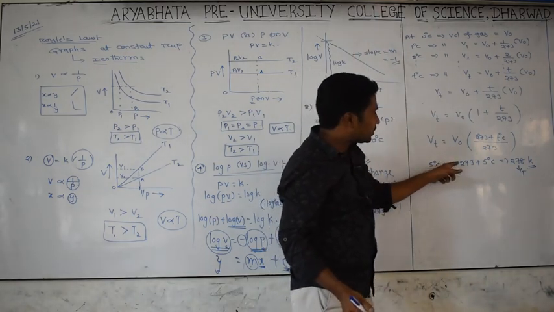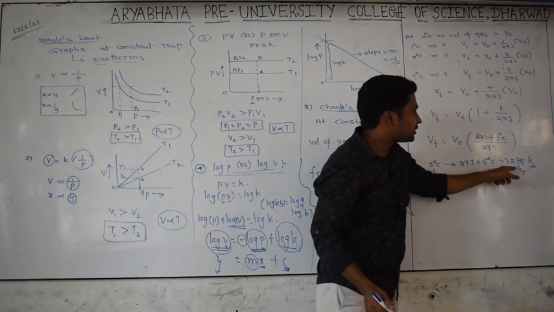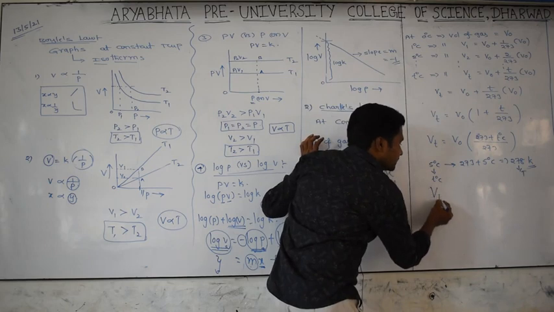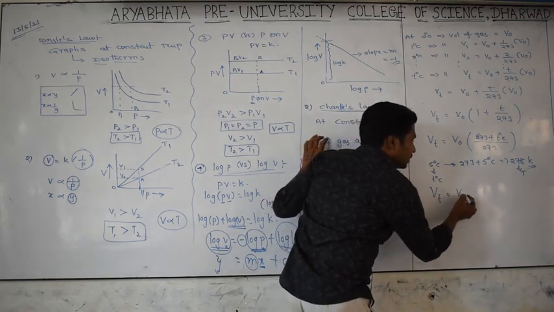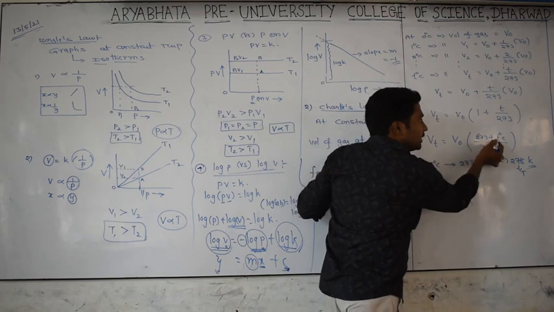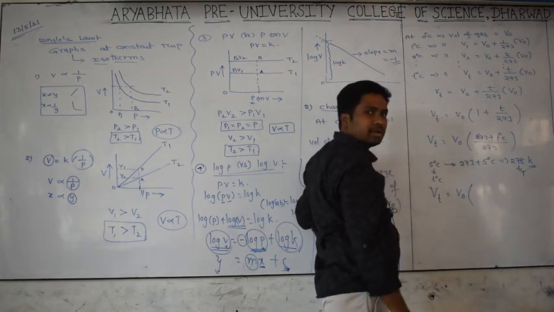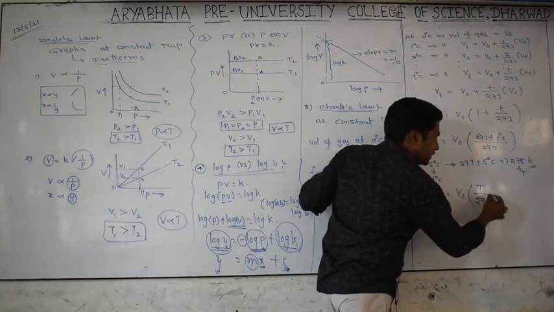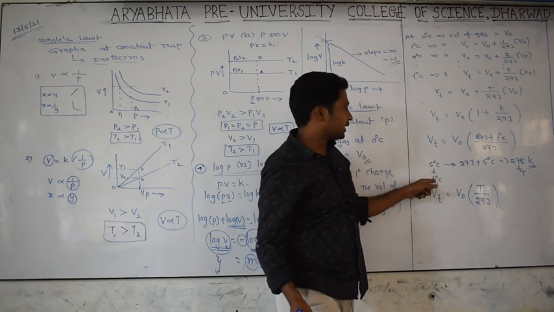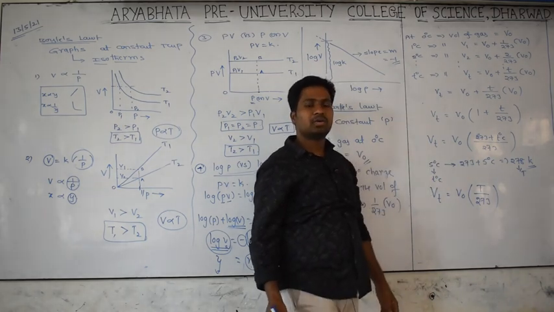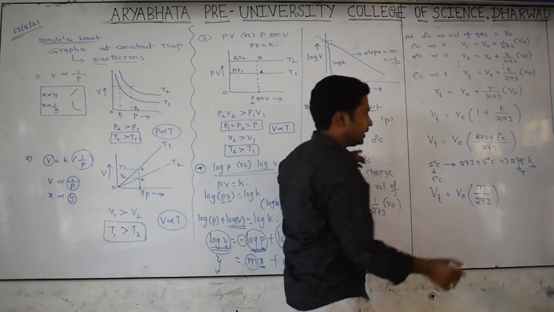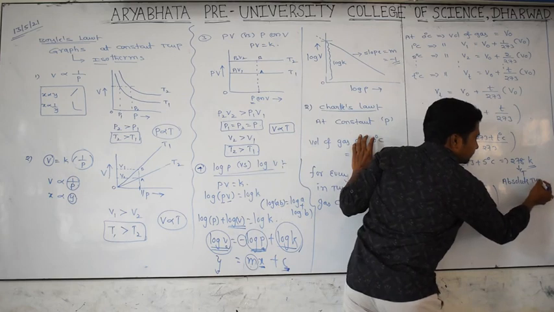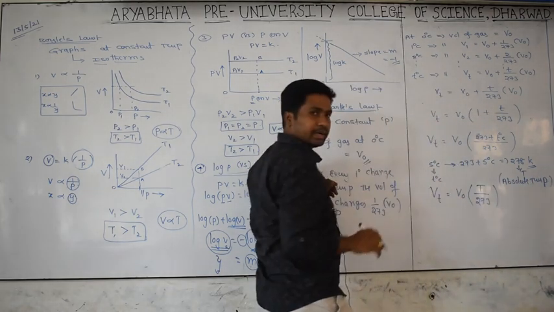So to degrees Celsius you are adding 273, meaning you change it into Kelvin, which is denoted by capital T. The same thing is happening here. So the volume of a gas at temperature T is equal to V0 times (273 plus t), which becomes the Kelvin scale, denoted by capital T, over 273. I wrote small t degrees Celsius plus 273, which becomes the Kelvin scale, and it is always called absolute temperature. Capital T is nothing but absolute temperature.